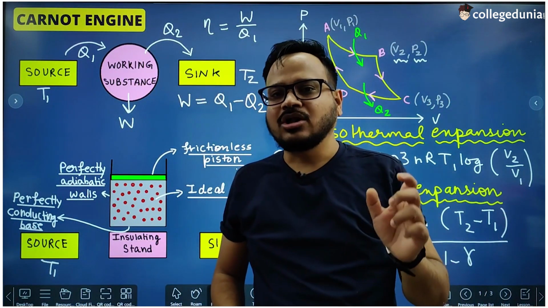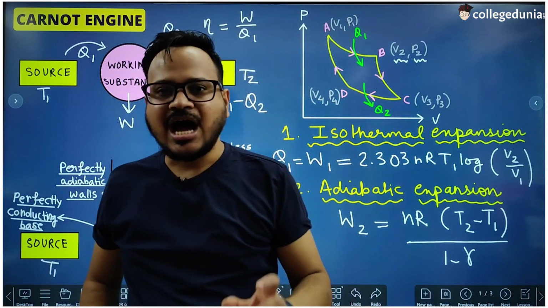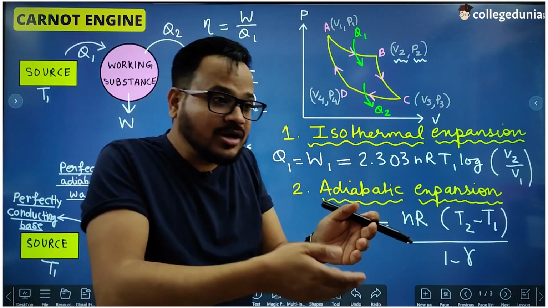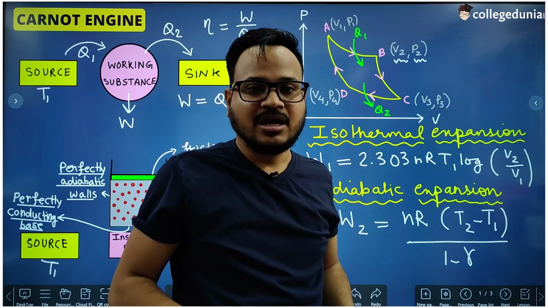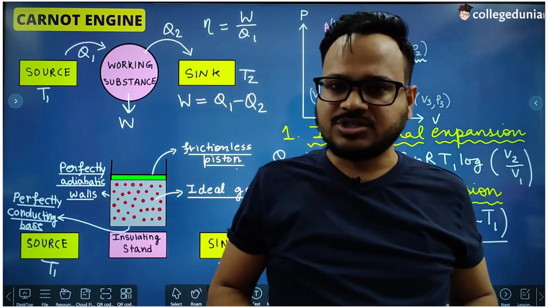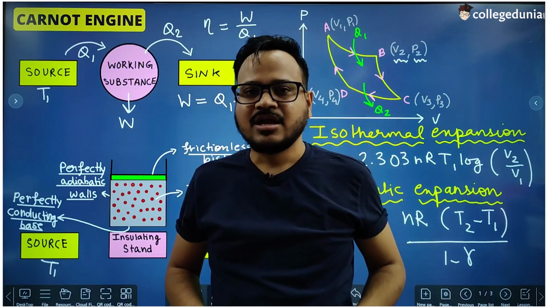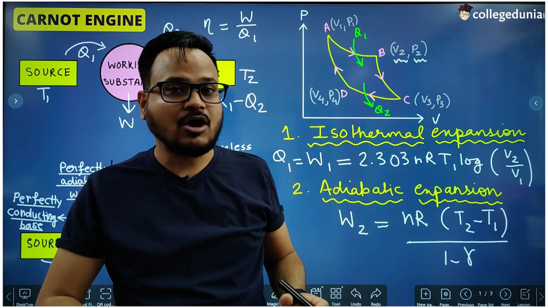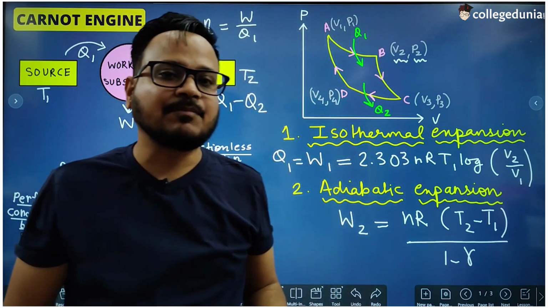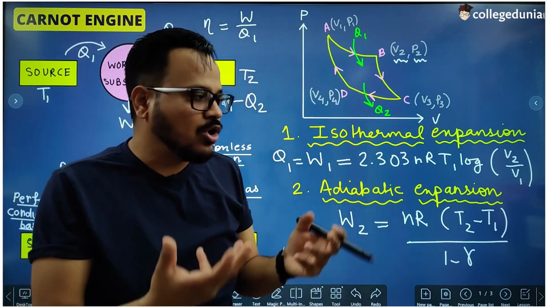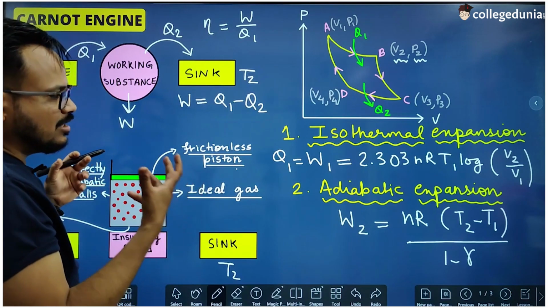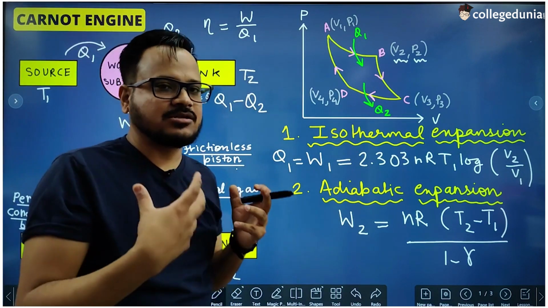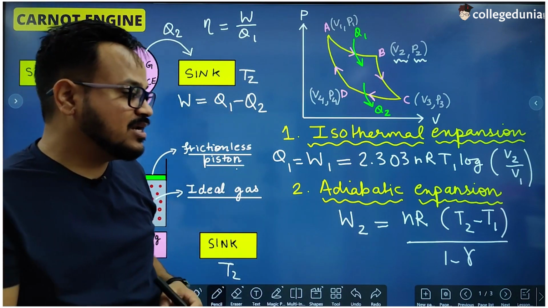Always remember that all isothermal processes are slow, because if you suddenly compress a gas or suddenly expand a gas, then the temperature of the gas is going to change. If you suddenly compress a gas, then the temperature of the gas will increase. And if the gas is allowed to expand suddenly, then the temperature of the gas will decrease. So all the isothermal processes, the processes in which the temperature is not changing, must be done slowly.